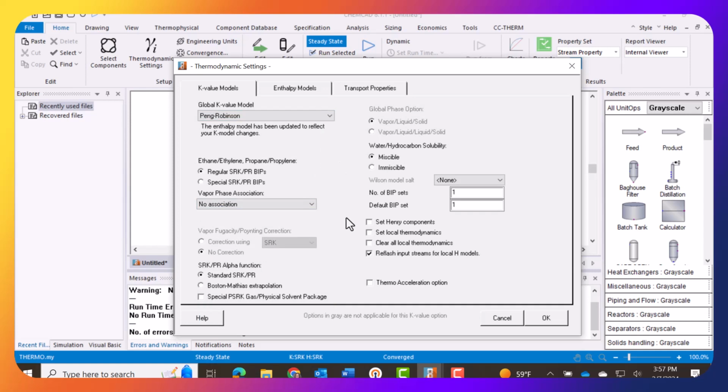We don't have any data. In the book, all they say is that alpha is approximately constant at 2.24 if you read through the entire thing. I'm choosing Peng Robinson, going against their recommendation, simply because the authors in their example made that as a suggestion. I will say OK